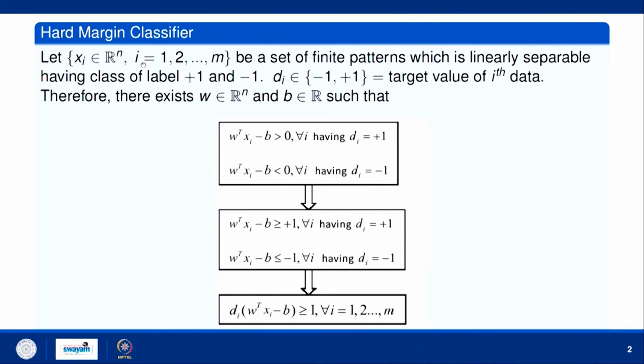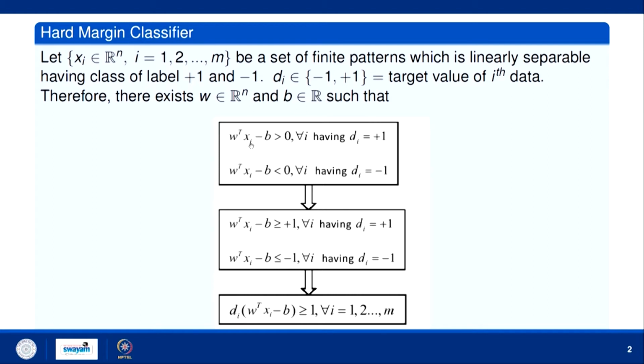So, let us discuss. Now, suppose we have patterns. Suppose we have m patterns x1, x2, x3 up to xm, and each pattern is an element of Rn. We are also supposing that these patterns are linearly separable, having two classes, plus 1 and minus 1. di belongs to minus 1 and plus 1, and is the target value of the ith data. Therefore, there exist W belonging to Rn and B belonging to R such that